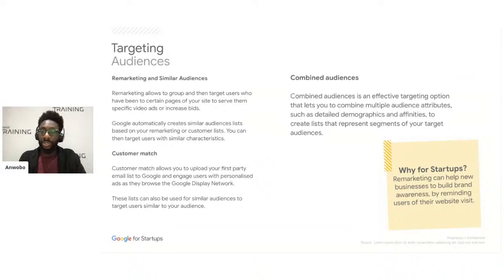And then finally, you can also use combined audiences to effectively target users by combining any of the audience features that we've talked about previously. That way you can find a user who is interested in football, but also is in market for a football product. So therefore we can really find the right users to target when we are trying to show our ads to them.